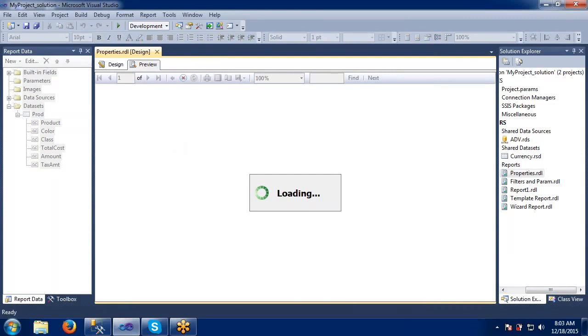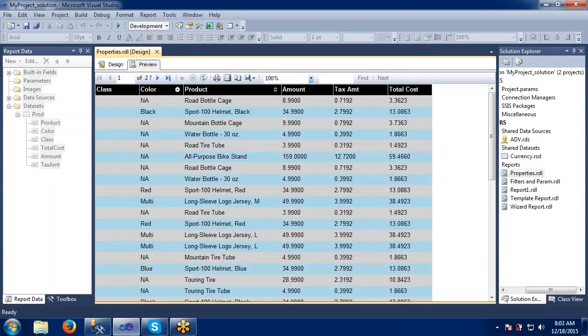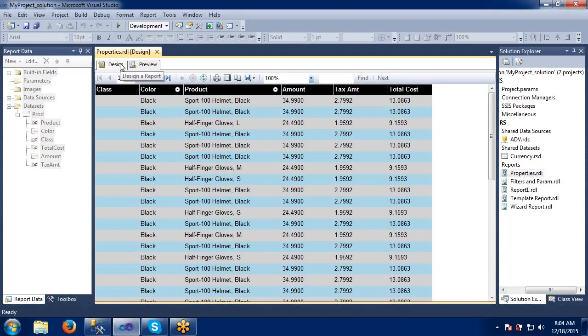Let's say I have enabled that one and I am just selecting all those options which are available on the prod dataset. I have one dataset, right? If you see this one, all are in sorted order here. Means when it is loading, it will try to take all the columns in a sorted way. So like this, we can specify all the columns displayed in sorted order. It's still sorting this one. Yes. Like this, we can specify our sorting options here.